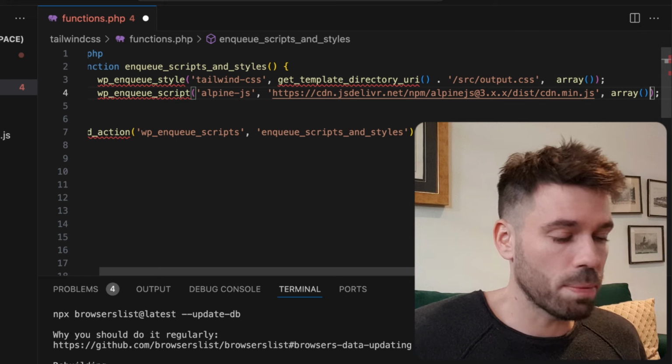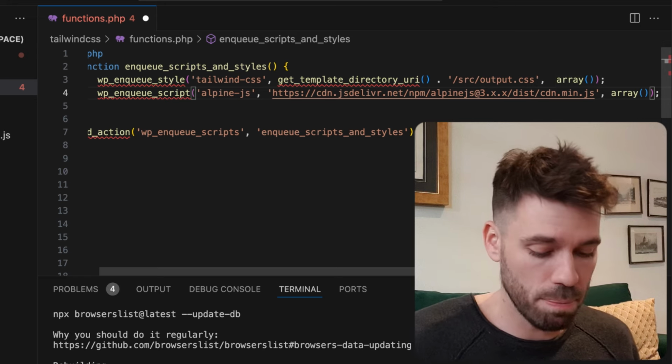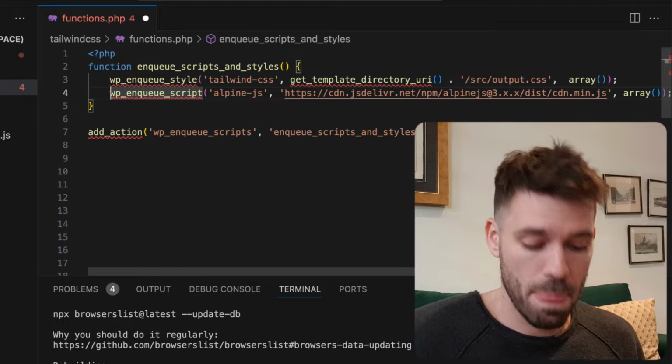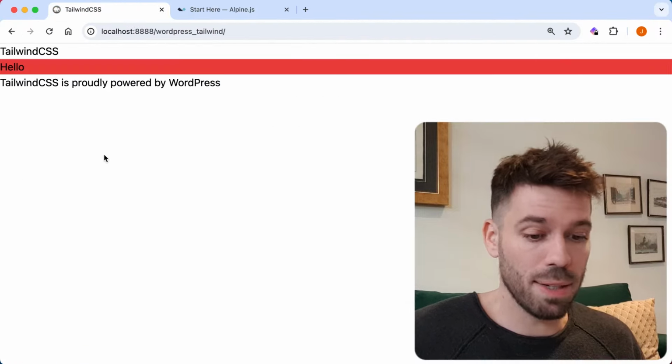So any scripts that you want to be enqueued before Alpine, pop in that array, but we don't really care about that. And then we're going to save it, and then we're going to go to our WordPress website,